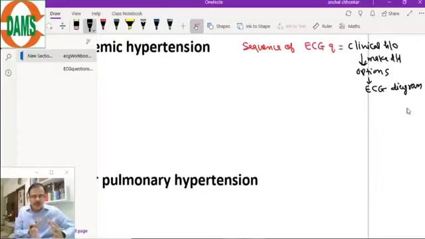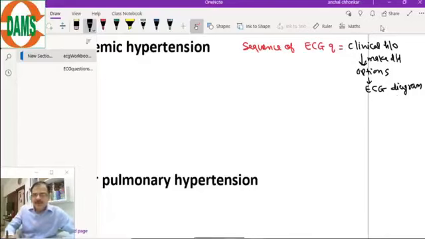So that you can focus on which lead, out of all the 12 leads, you will focus upon and what you will see, what you are expecting. That will be decided only by the clinical history. So make this a sequence, not the reverse one. In reverse, you will not be able to solve the ECG questions. First will be clinical history, make your differential diagnosis, then look at the options in the question and then go for the ECG diagram.